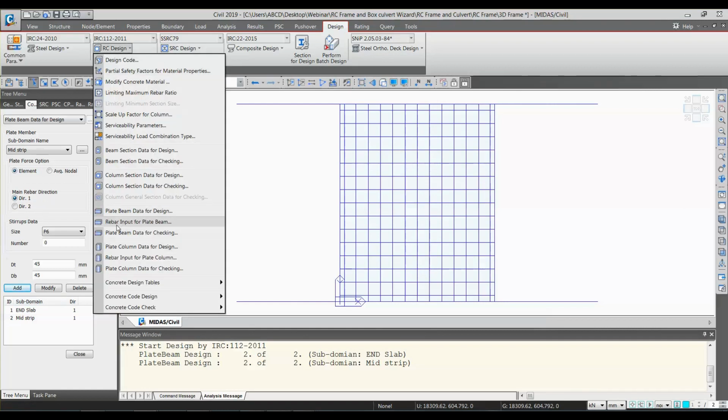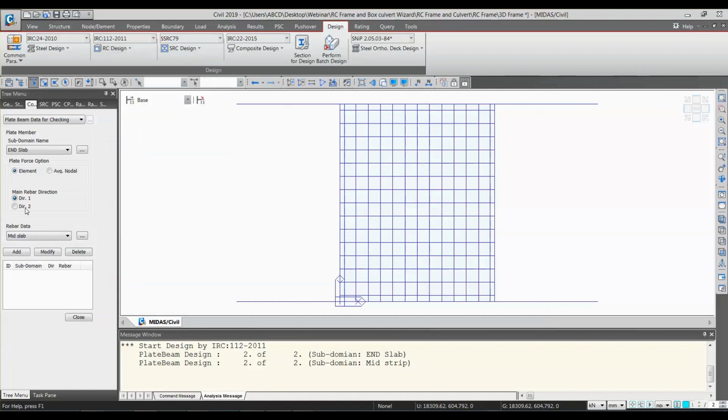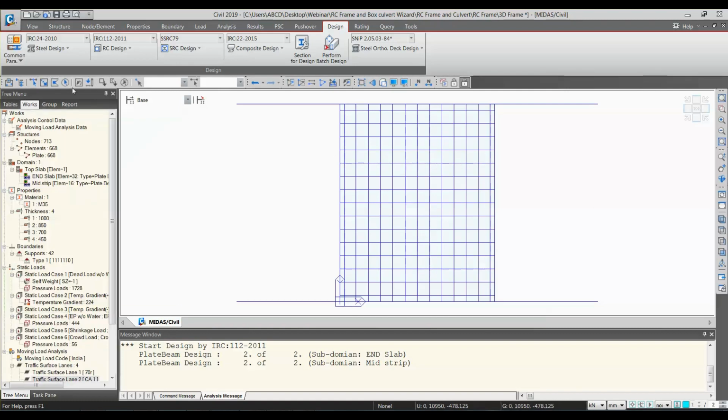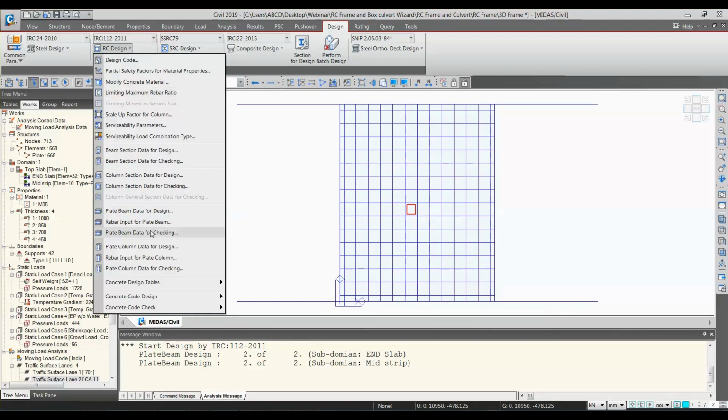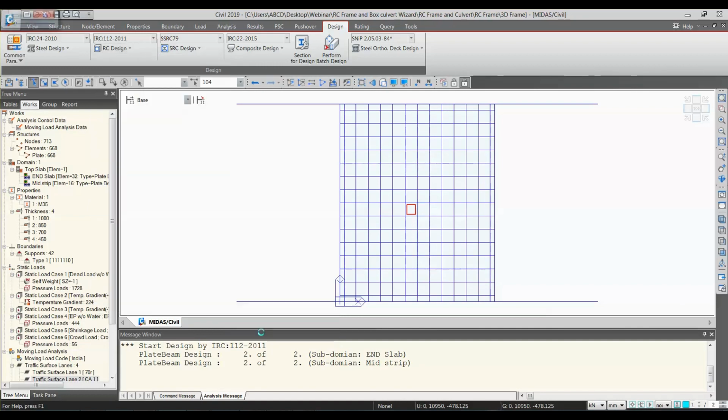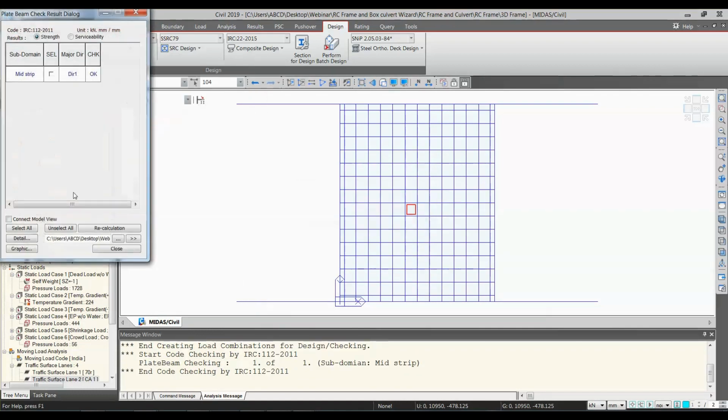Okay, so let me go to the design checking portion. So we have given the rebar, now we have to check. So for that first we have to select the strip for which this data is to be assigned, add, and now I'll select only the mid portion and I'll go for concrete code check, plate beam checking. Okay, so this seems to be fine.